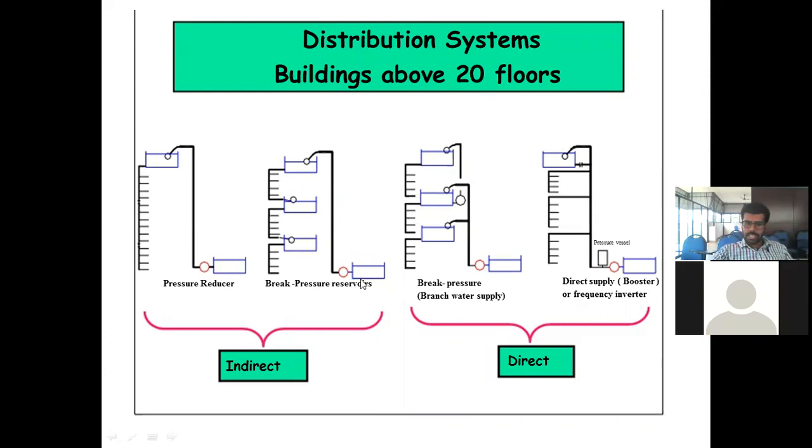So this is the reservoir, or the underground tank. With the help of a pump, you will be pumping to the top overhead tank. From that overhead tank, you can individually give water to the floors at the top. Then one connection will be given to an intermediate tank, which will be on the 10th floor or 15th floor. From there, again, water will go to individual fixtures. Then another water tank will be stored.